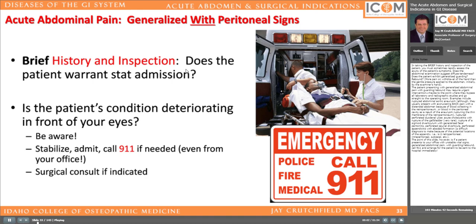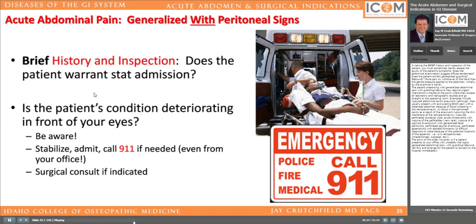So in taking the brief history and an inspection of the patient, you must sometimes rapidly assess the acuity of the patient's symptoms. Does the abdominal exam suggest diffuse tenderness? Does the patient exhibit generalized guarding, rebound, i.e. more pain on withdrawal of the hand than with just a gentle pressure applied to the abdomen initially by the examiner's hand? The patient presenting with generalized abdominal pain with guarding or rebound may require urgent intervention, maybe to the